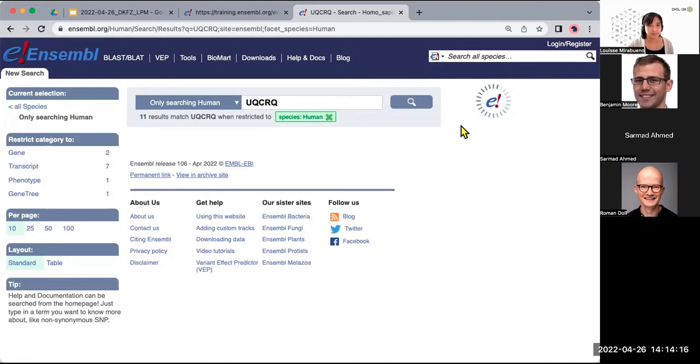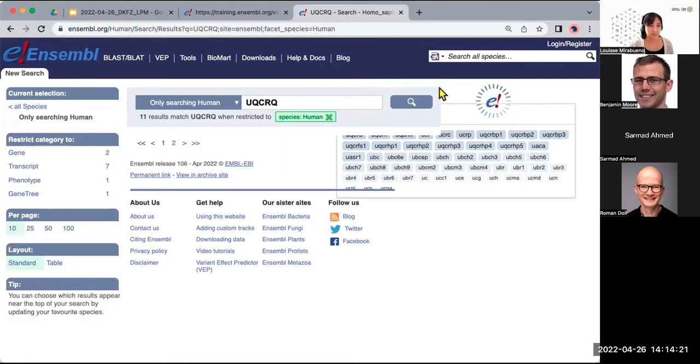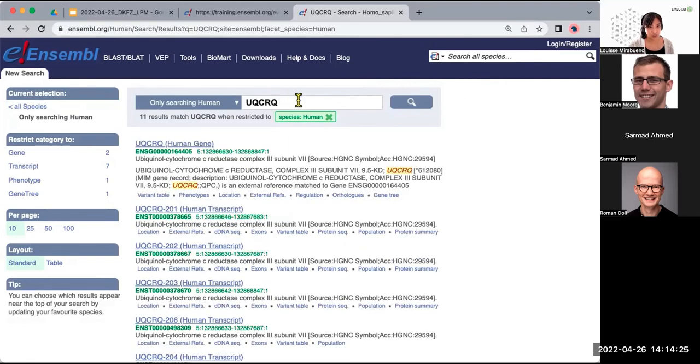So this time, because we didn't give a specific location in the genome, the UQCRQ search term can apply to a lot of different results. So we are interested in the gene, but what you'll also find in the results are the different transcripts that